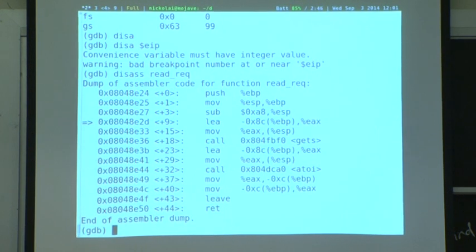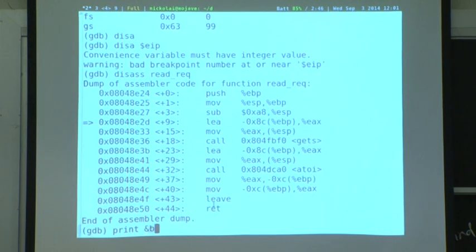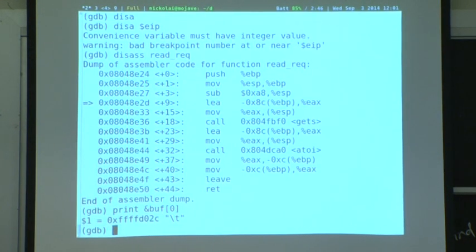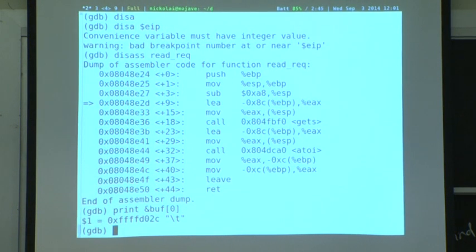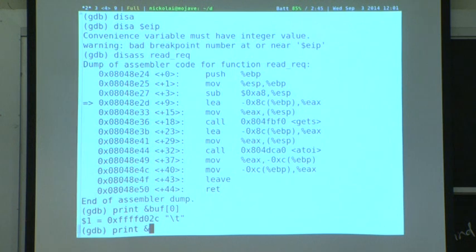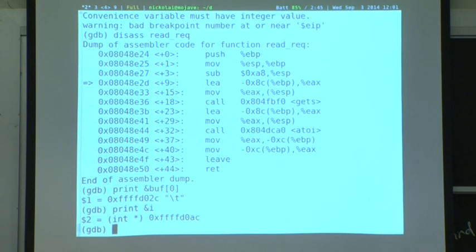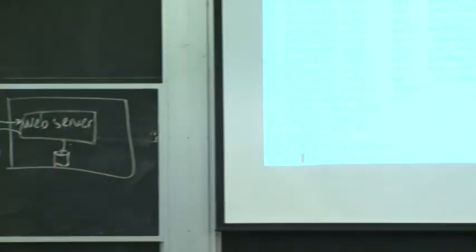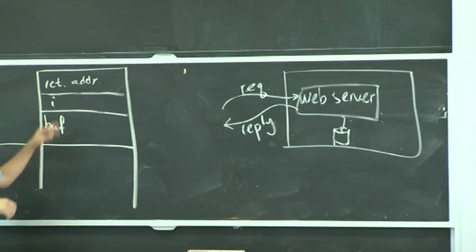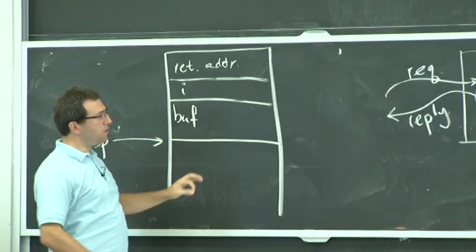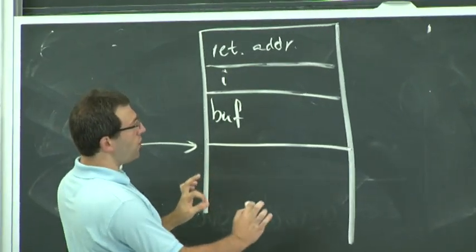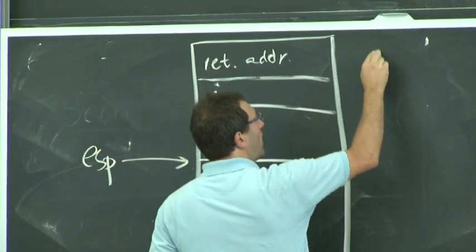So we can print the address of that buffer variable. The buffer variable is at address D02C. We can also print the value of that integer I. So that guy is at D0AC. So the I is way up on the stack, but the buffer is a bit lower. So what's going on is that we have our buffer here on the stack, followed above by I, and maybe some other stuff, and then finally the return address into the main function that called redirect. And the stack is growing down, so these are higher addresses.